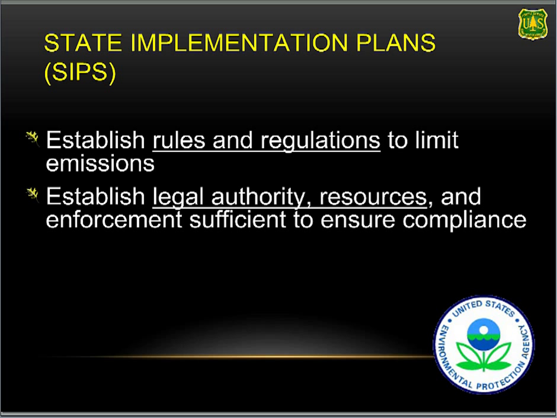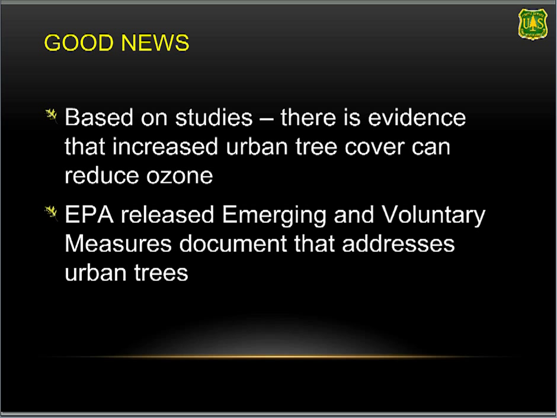As part of the Clean Air Act, which we talked about earlier, there are state implementation plans that have to be filled out by the states to meet attainment if you're in non-attainment areas. These state implementation plans establish the rules and regulations and have legal authority. This is very important because states have to submit these plans. If you're in some of those non-attainment areas on the maps that I showed you, state implementation plans are being done, or even if you're in attainment, the maintenance state implementation plans are being done.